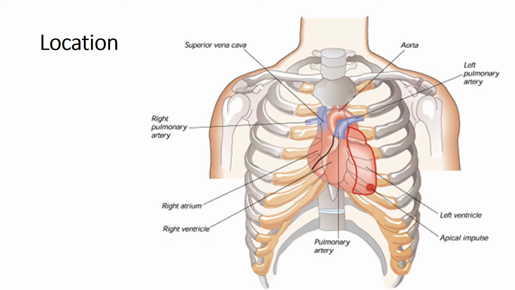Okay, then where is the apex and where is the base of the heart? Okay, apex कहाँ है heart का? Apex is basically the tip of the left ventricle. See, this is the apex of the heart and this is the broad base of the heart. जो ऊपर का हिस्सा है that is the base and the lower side is the apex of the heart.